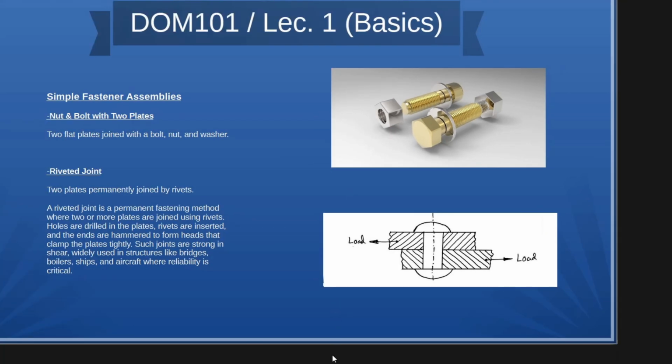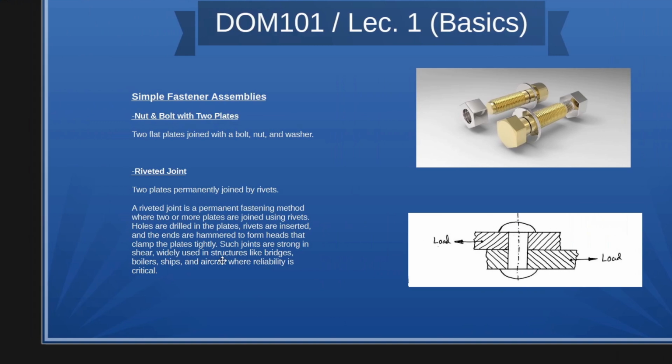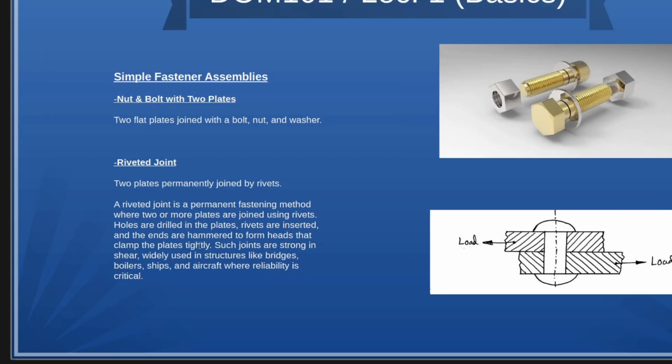Now here you can see that there is a riveted joint. In this, there are basically two plates that are permanently joined with the help of rivets. A riveted joint is a permanent fastening method where two or more plates are joined using rivets. Holes are drilled in the plates, rivets are inserted, and the ends are hammered to form heads that clamp the